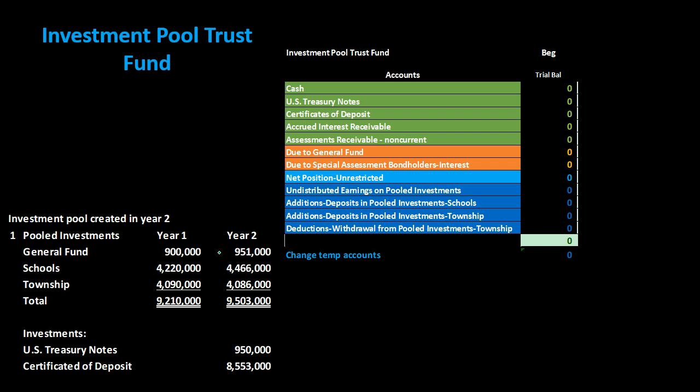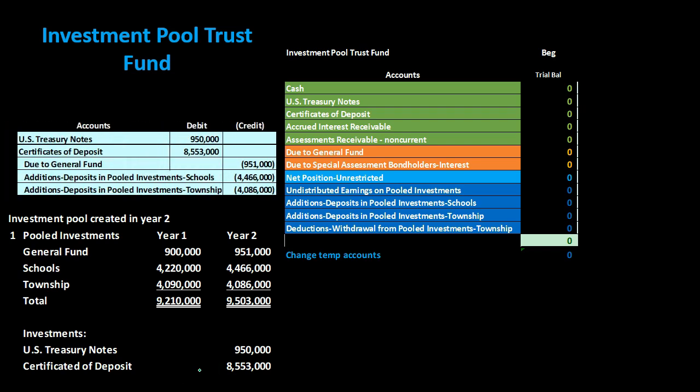So we're setting up this basically fiduciary type of fund, holding account, trust fund type of activity, pooling this together to have the service of pooling this money together, then taking that money, of course, and investing it. That's going to be the point of the pooling of this money together. So we're going to take this money and invest it into U.S. Treasury notes and certificates of deposit. U.S. Treasury notes of 950,000,